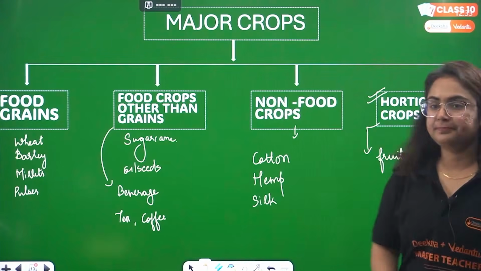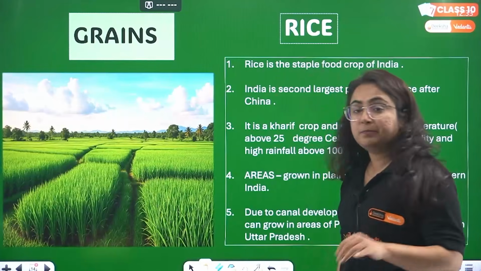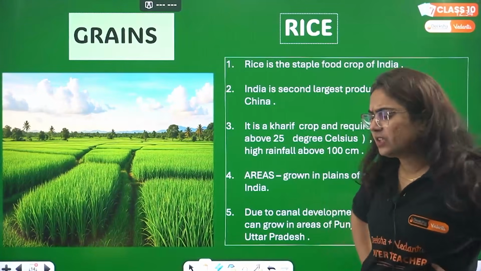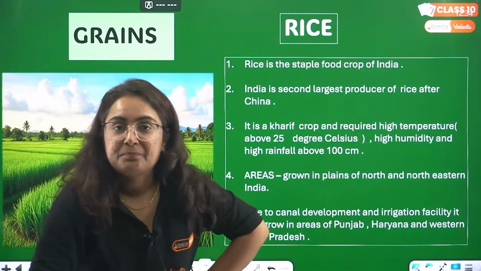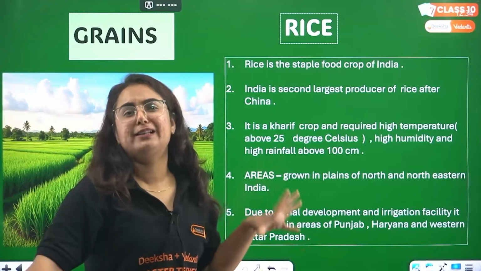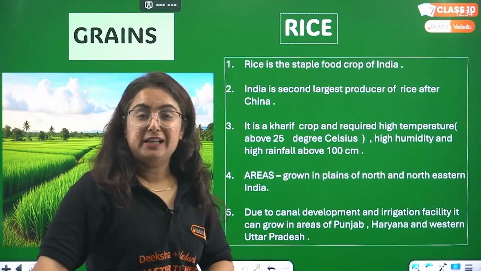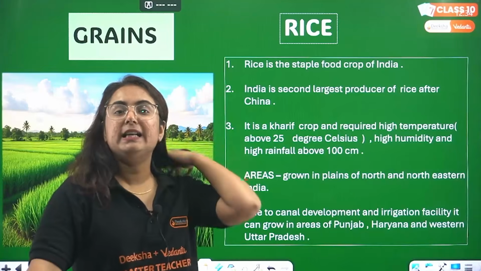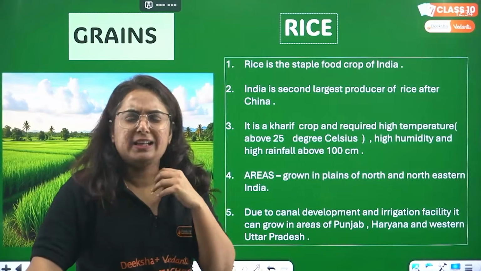Let us start with the very first type of crop that we have to learn in the list of grains. And you know that is what, beta? Rice. Why rice? You know that rice is the staple food crop of India. I have seen a lot of people who just say that without rice the meal is not complete, isn't it? Everyone says that if we don't eat rice, we don't feel full. It happens. I do not belong to a family where eating rice is actually a daily habit. Rather, we eat rice once in a week.